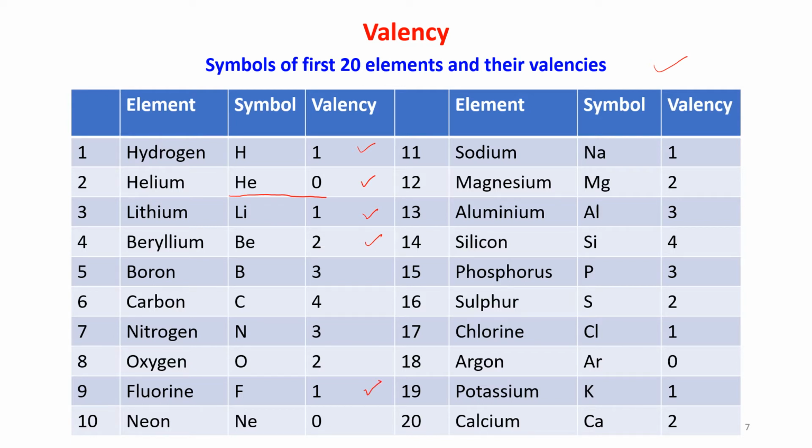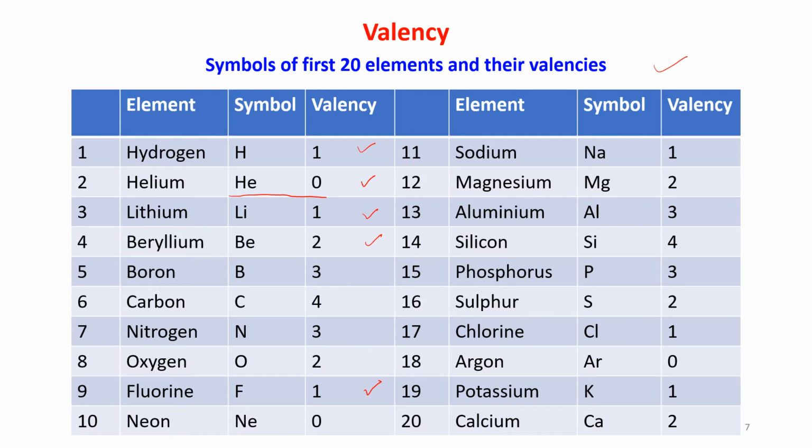Okay. Valency is not written with any sign. It is just a number 1, 2, 3. That's all. Okay. It can be electropositive and electronegative. So sometimes we write +1 or +2 or -1 or -2. But generally valency does not have any sign.